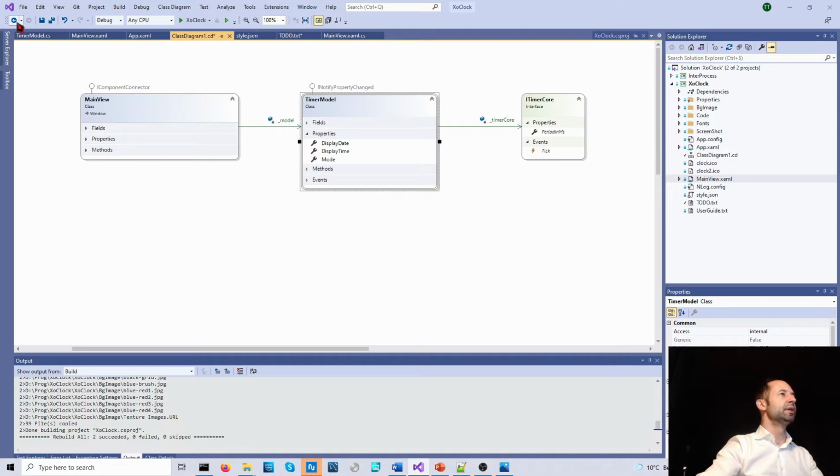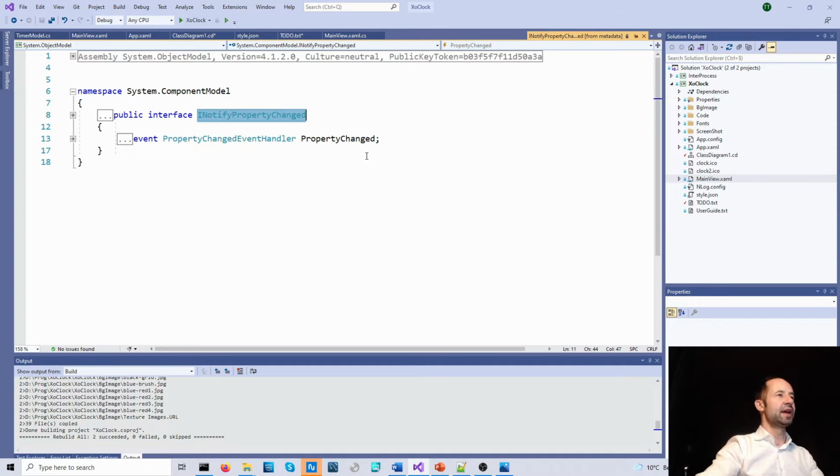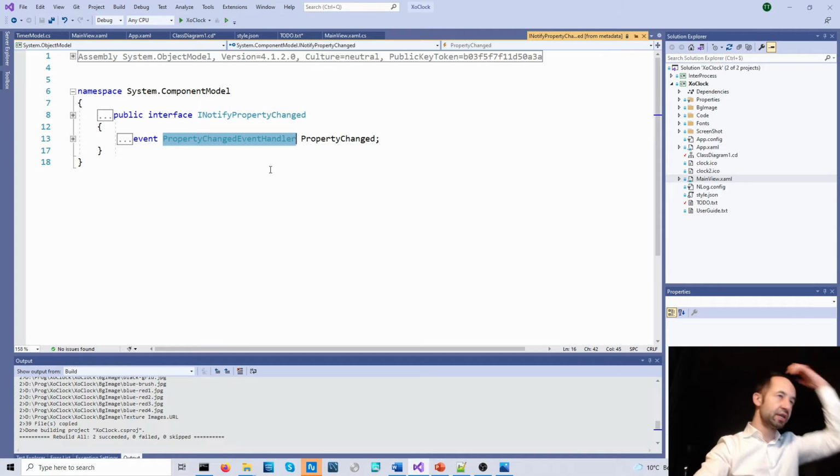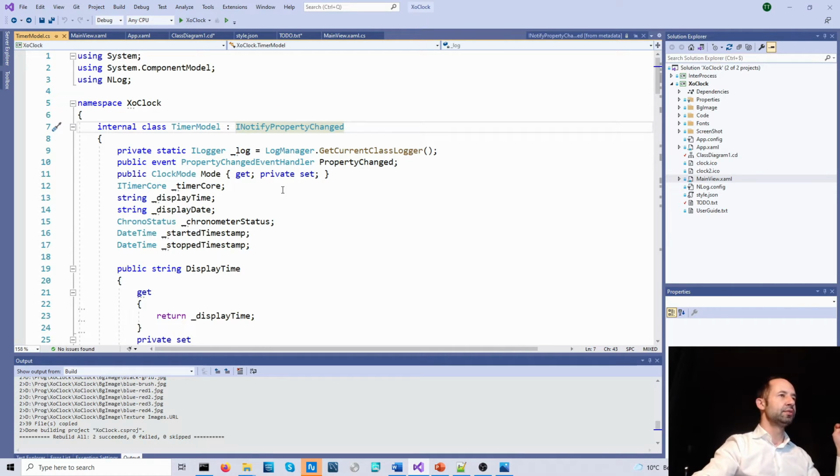And if I go to the definition of this, this means that my class should expose an event which is called property changed, which is there. Okay.